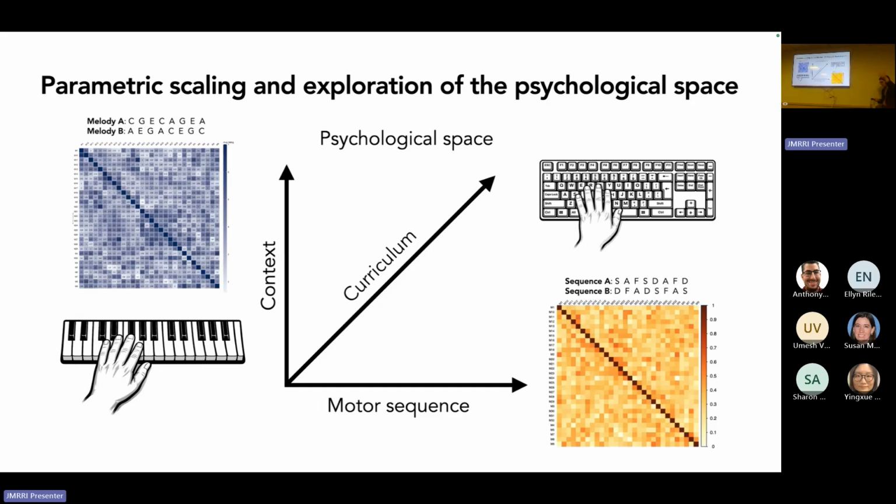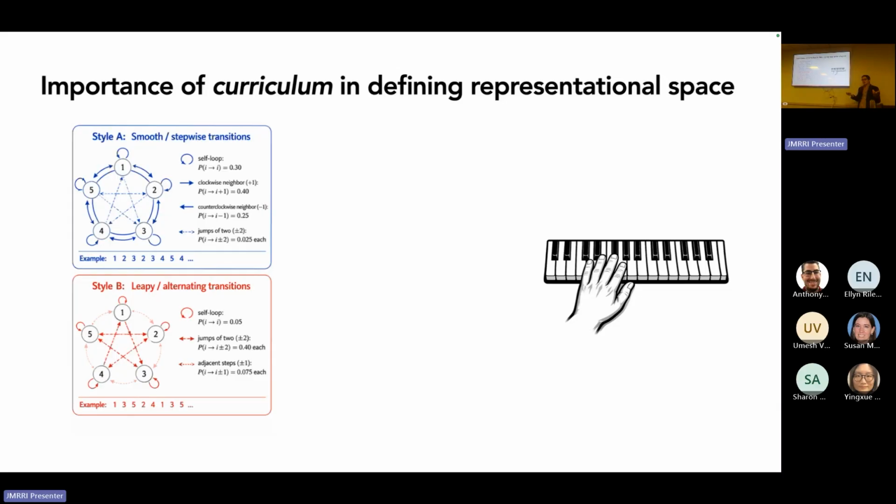And what we're planning to ultimately look at is something like the training that a musician has, right? Or anybody has in sports, right? Did you do something that was smooth in your training, where you focused on one thing for a long time, and then did something really close to it, right? So you did Twinkle Twinkle Little Star, then Baa Baa Black Sheep, then Mary Had a Little Lamb, then the Happy Birthday song, right? Those would be kind of similar. Or did you jump around a lot? Like you did Twinkle Twinkle Little Star, and then you did Moonlight Sonata, right? So they're very different, right? And then you went and played, I don't know, Crocodile Rock, right? Those are very different contexts.